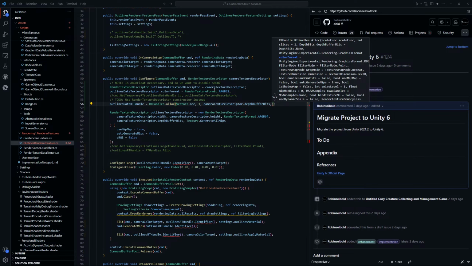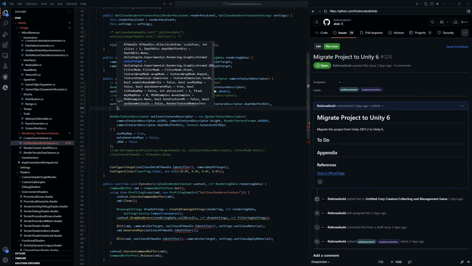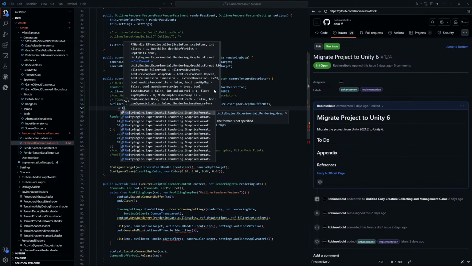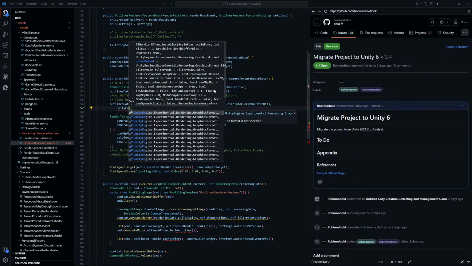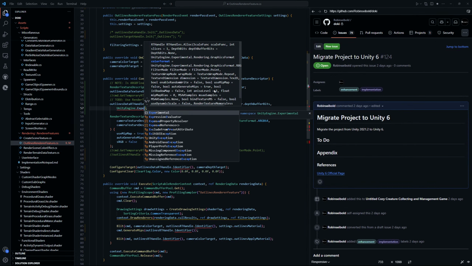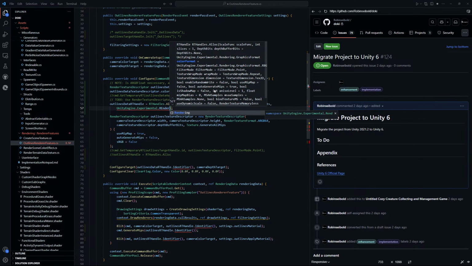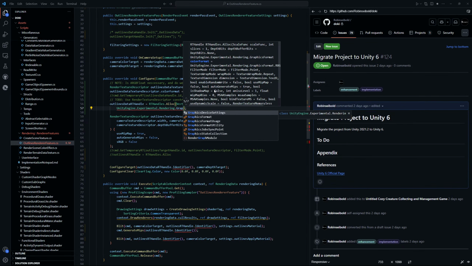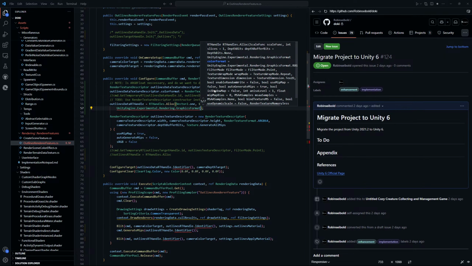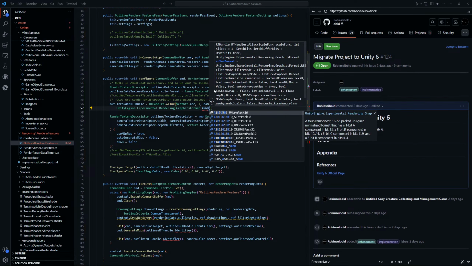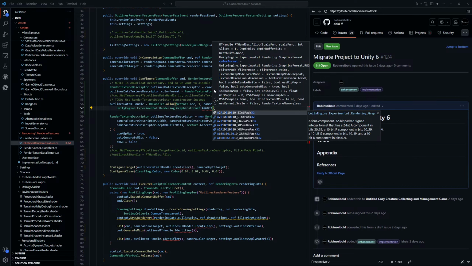For color format then we're going to do UnityEngine.Experimental.Rendering.GraphicsFormat.ARGB32. Okay, so I think we're looking at